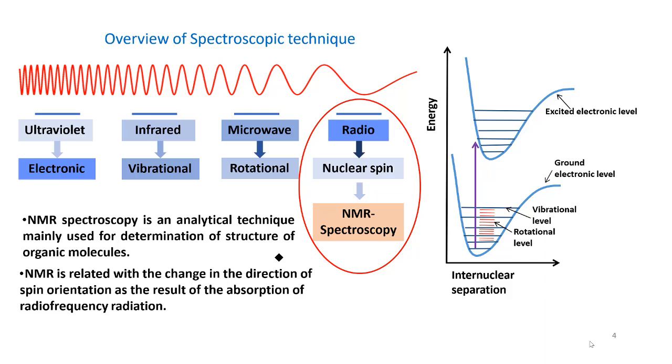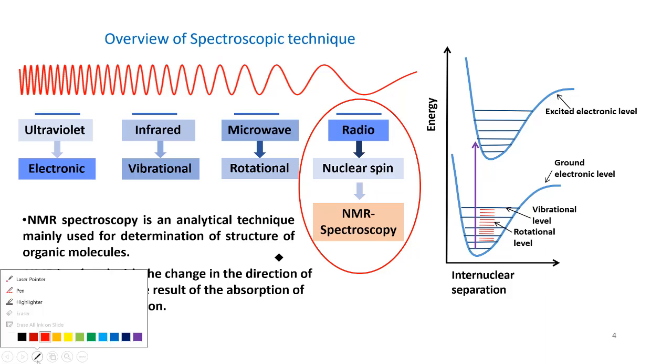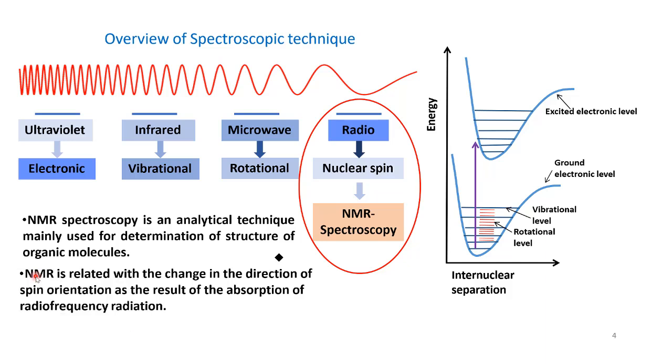So we have learned about the various spectroscopic techniques like ultraviolet, which involves the electronic transition. In the infrared, we have read about the vibrational changes which occur in the molecule. That is how we get the signal in the infrared. And microwave uses the rotational signals. Similarly, in the radio wave, we can see the nuclear spin, and that is what we can detect from NMR spectroscopy. Like upon interacting with the radio waves, how the nuclear spin is getting changed, that can be determined using NMR spectroscopy.